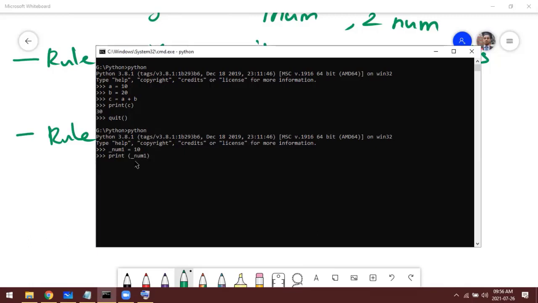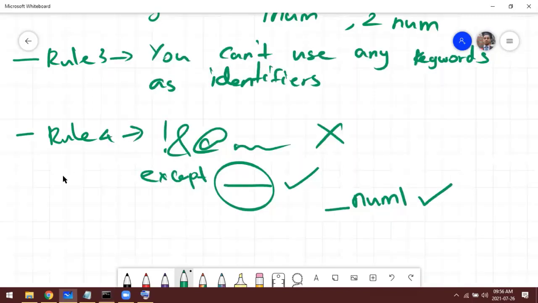So hopefully we will get the output 10, right? So it means it is accepted as a variable. So these are the 4 basic rules when it comes to naming identifiers. So it can be either a variable or class or function.